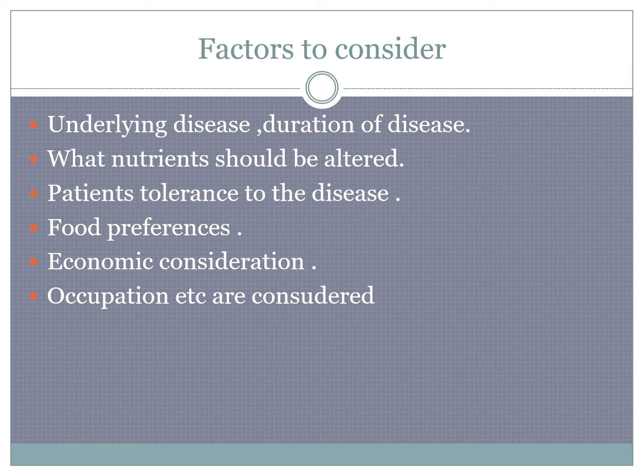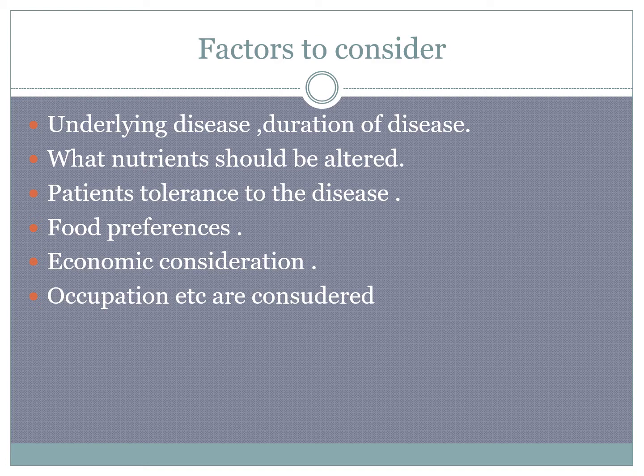Suppose, for example, we are planning the diet for obesity. You need to understand when they gained the weight and what the cause of gaining the weight is, because it is very essential to address the problem. Only overeating is not the problem in many of the clients. There are other issues related to the weight gain that need to be understood. And the duration of the disease, in how many years they have gained so much weight, that needs to be considered.